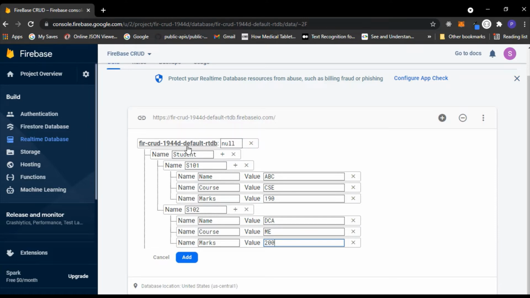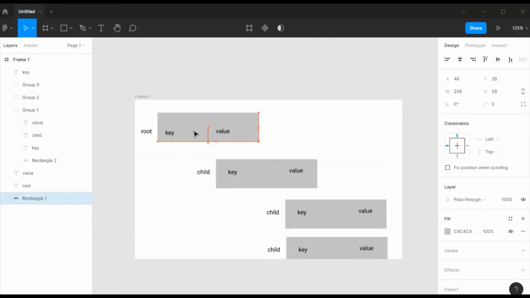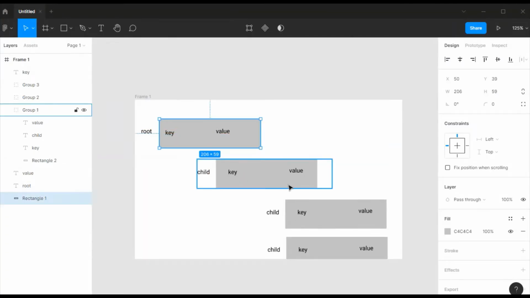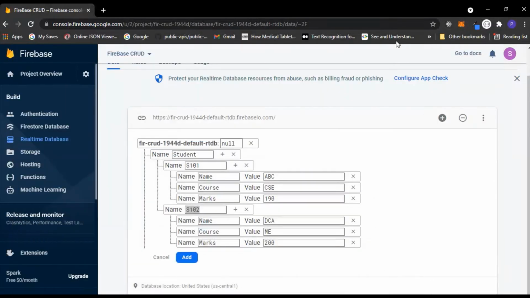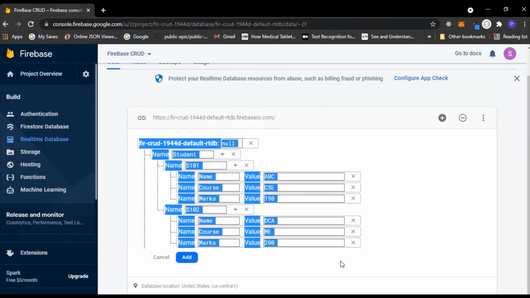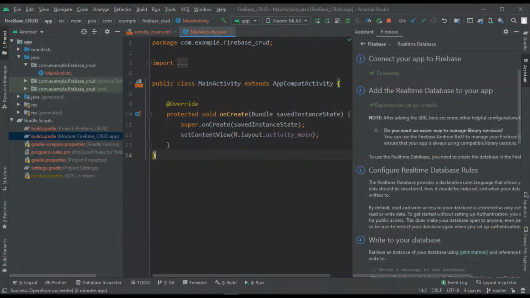So this is the root, and inside this root there is this student database. So inside this there are various other students. So that's how Firebase works. So once the root node, and under this there are several child nodes. So this structure you have to understand properly before inserting or fetching any value from the database. Okay,